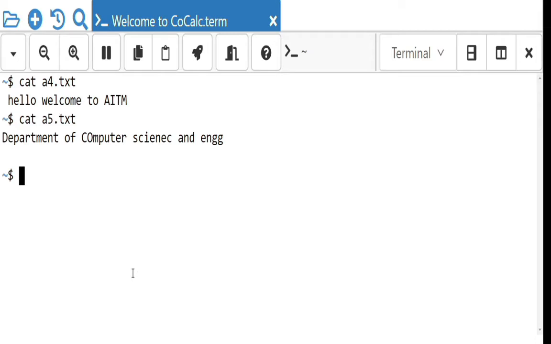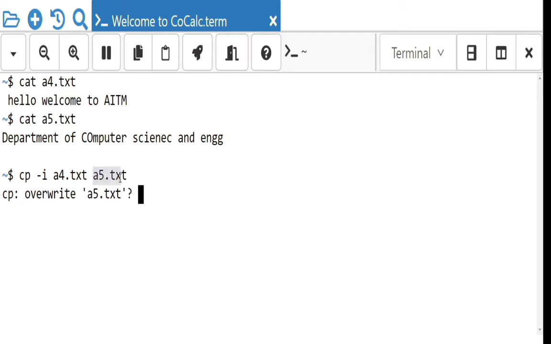Okay, now cp -i a4.txt to a5.txt. See here, it is asking permission from the user whether you want to overwrite a5.txt or not. Why?